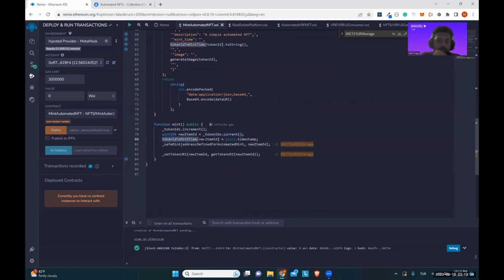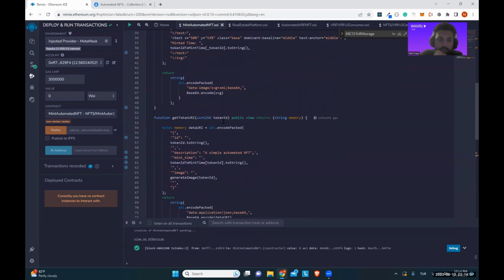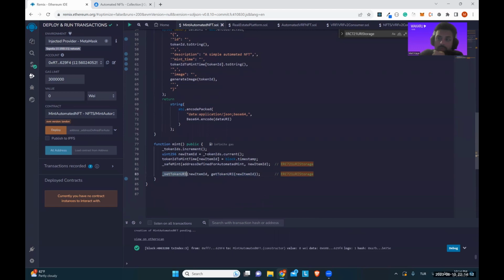Then we store the block.timestamp on a mapping so that we can display it in our NFT images and in our NFT metadatas. And lastly, we run the save mint function to mint the NFTs, and we set token URI as the NFT ID, and we also need to get token URI and paste it over here to set the token URI of the NFTs. Okay, let's deploy